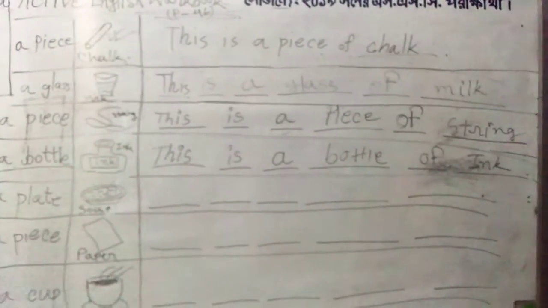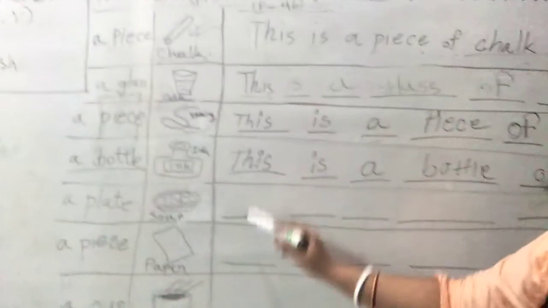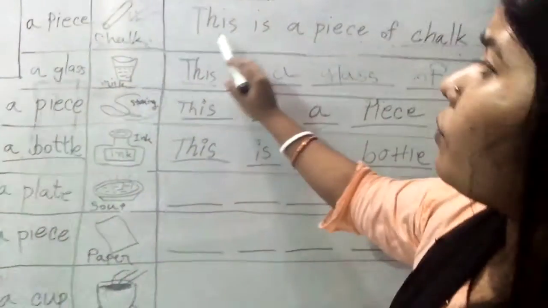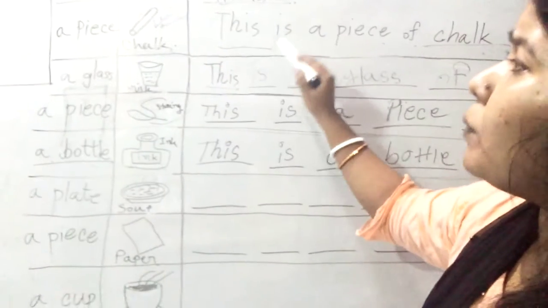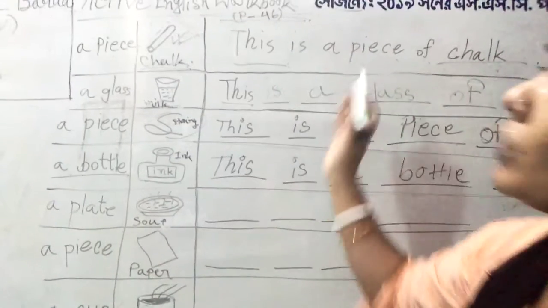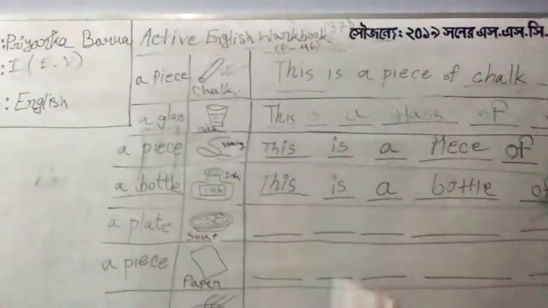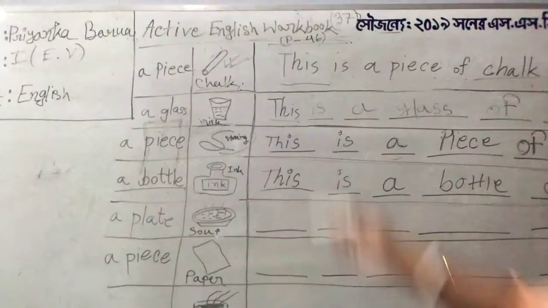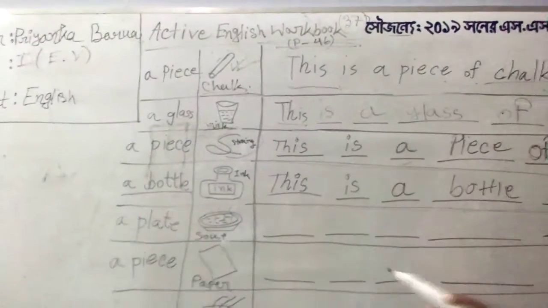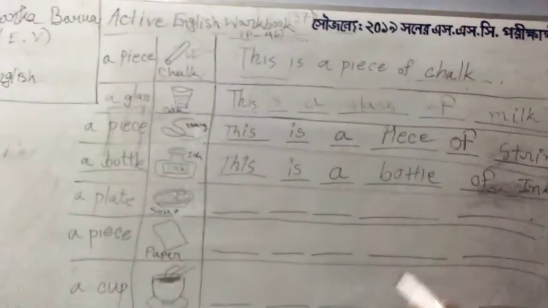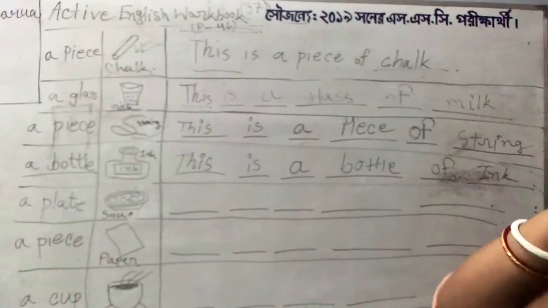I again repeat, the subject will be this. Why? Because this is already mentioned here. As my book showed me that we should start from this, so we have to start from this. Okay, you could write it differently, but as we are following the book, according to this rule we have to follow this. So we have to put this at the very front of the sentence.